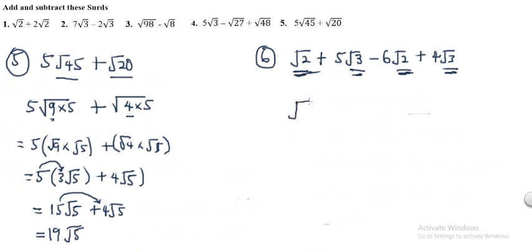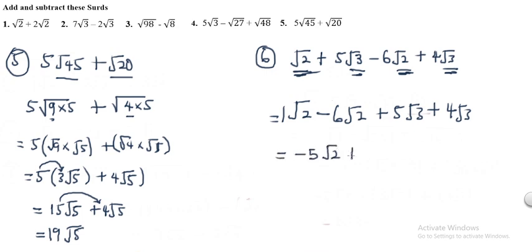So this will be root 2, and then this is here. This will now be minus 6 root 2. So it's like collecting like things. Plus, I'll be pulling this one. So this will be 5 root 3 plus 4 root 3. Then I can now do the simplification. Here's 1. So this is 1 minus 6. 1 minus 6 is minus 5 root 2 plus